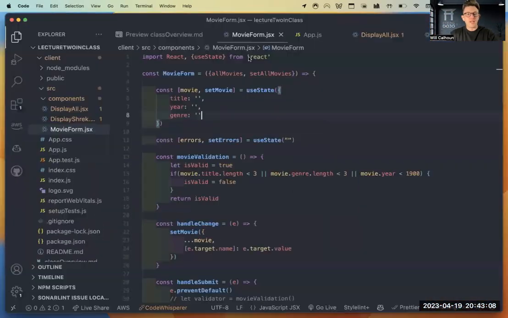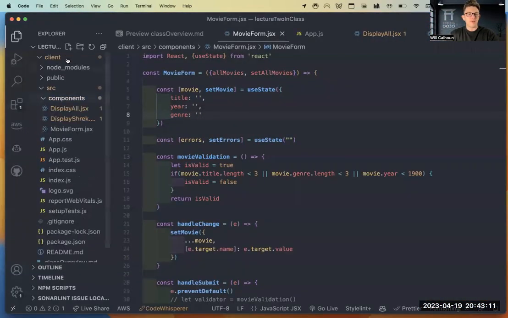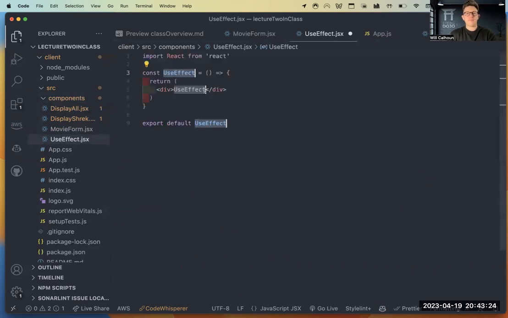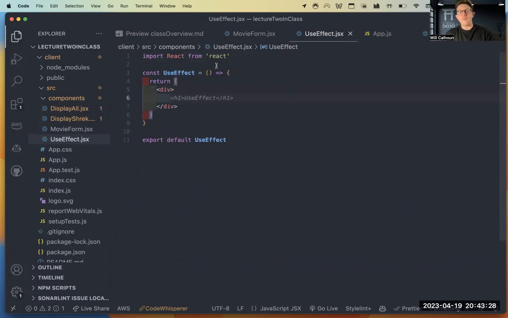And so if we're looking at it, let's just jump into it and create a component. Let's just call it useEffect.jsx. Right, FCE. Okay. There's a few things to know about use effect.